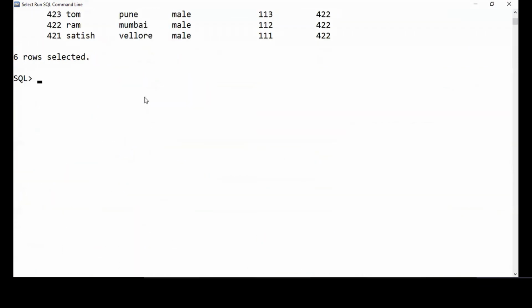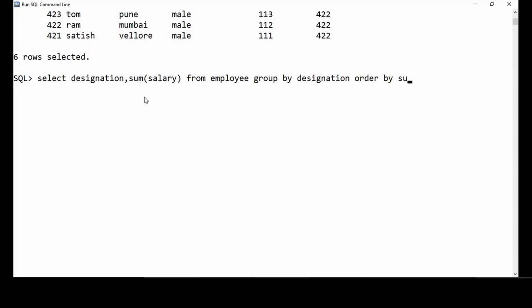I can perform that. For that, what we have to do is select designation, comma, sum of salary from employee. Next, we have to group by designation. And then we can do an order by sum of salary. So I'm just ordering it in the ascending order now.